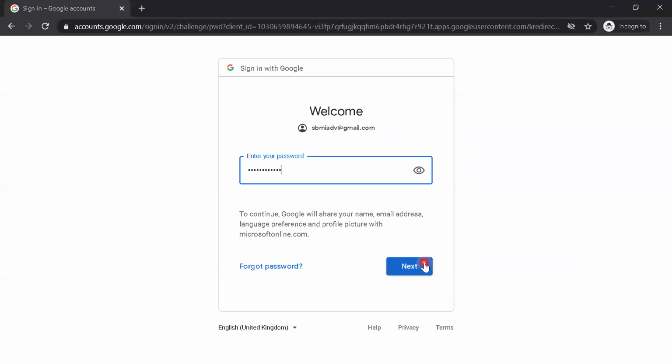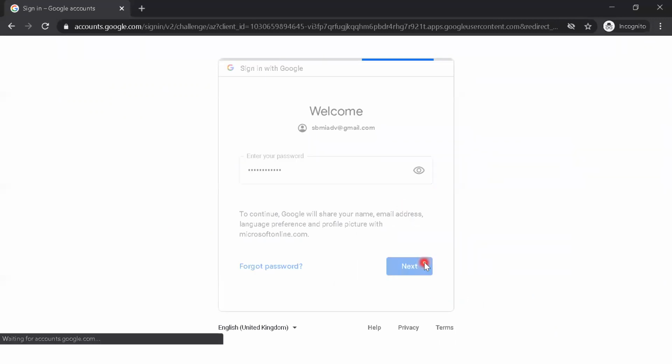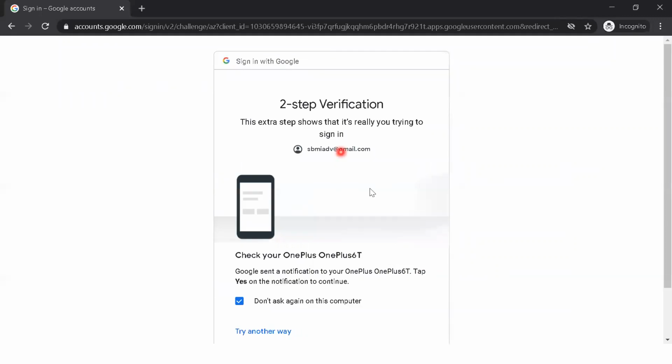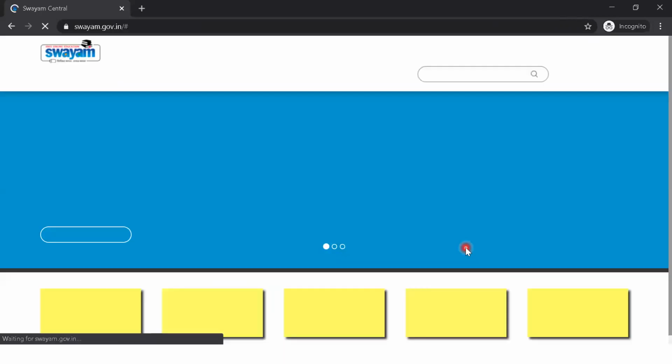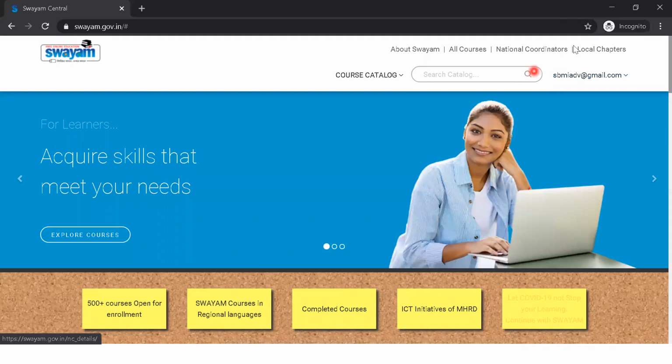This Google account you should have provided at the time of registering for the SWAYAM portal. Now it is asking for confirmation. I will just confirm. Now you have logged in. You are logged into the SWAYAM.